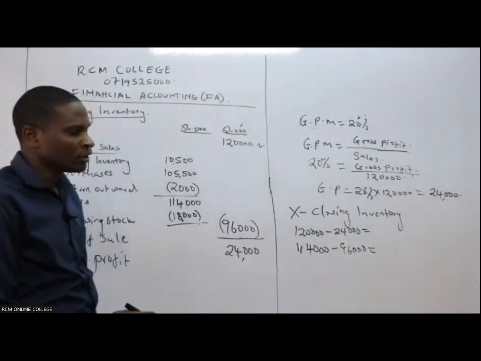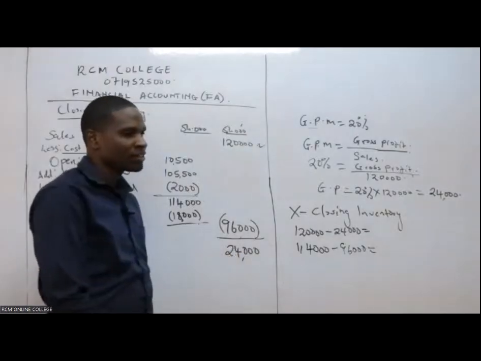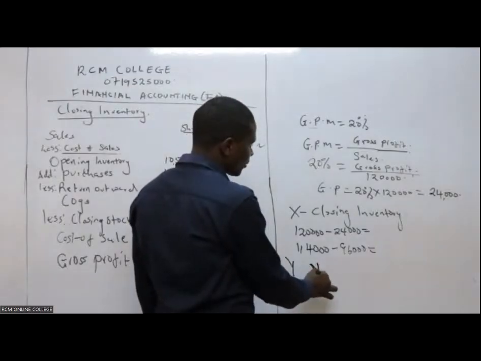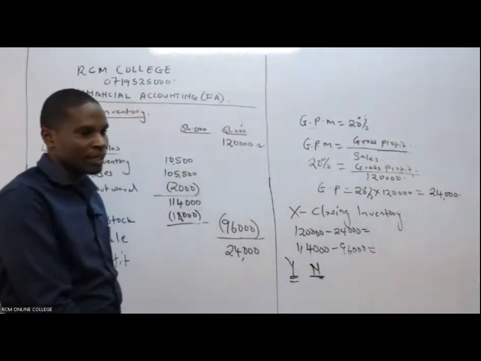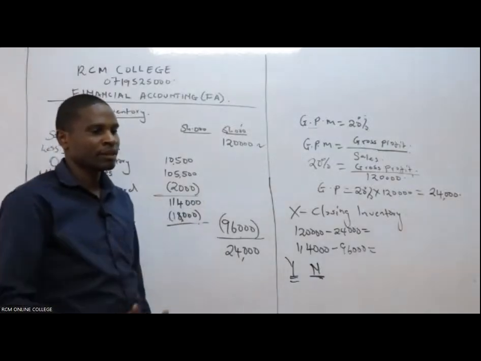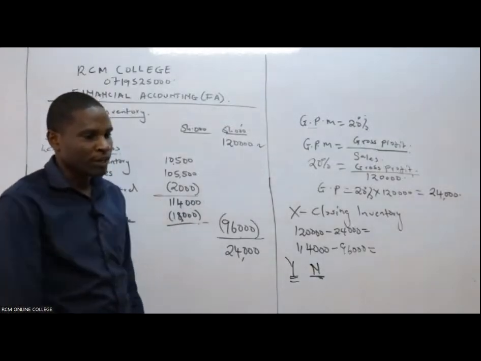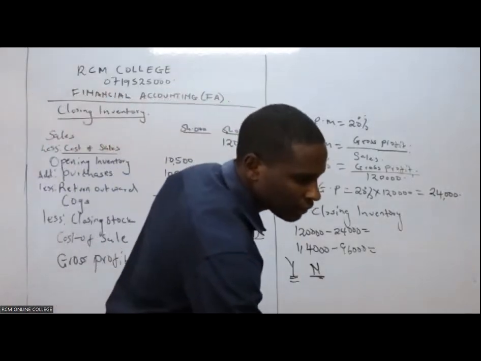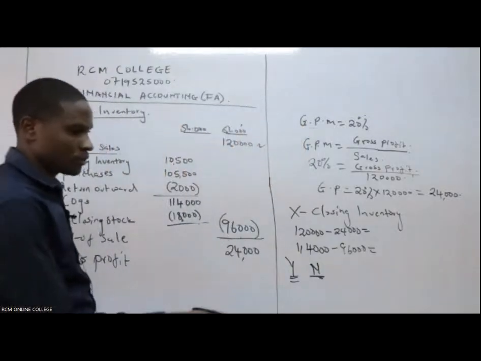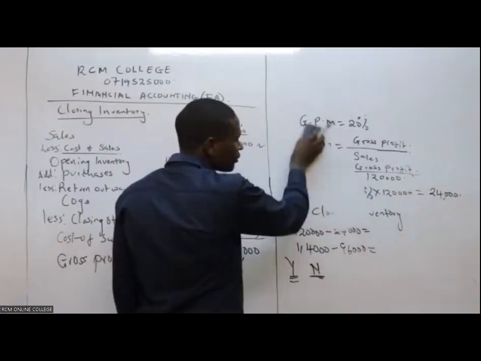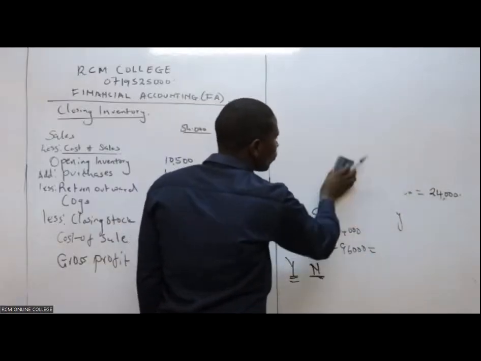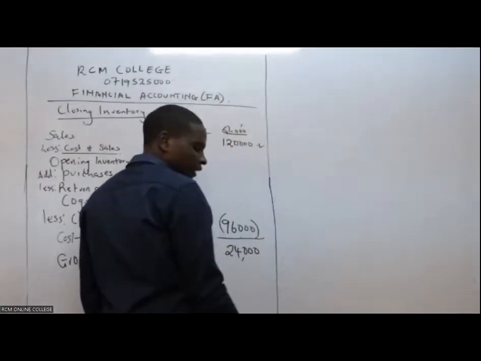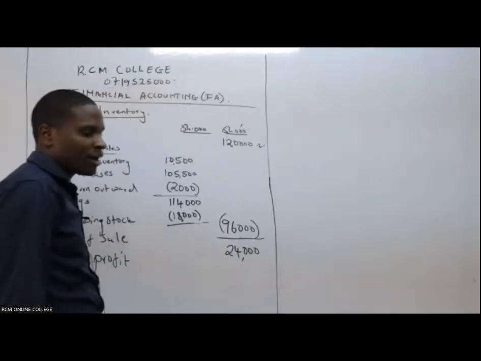18,000. For those people who say that we should review that, are we together? Remember, our communication is just Y for yes, N for no. And then you ask the question, and then we see how we can assist each other. Are we together? Tuko pamoja? Yes, from Rose. Thank you so much, Rose, for confirming that you're together. What about the rest? Wengine wako wapi sasa? So cost of sale tumeipata in that order. Good. Asante Priska.